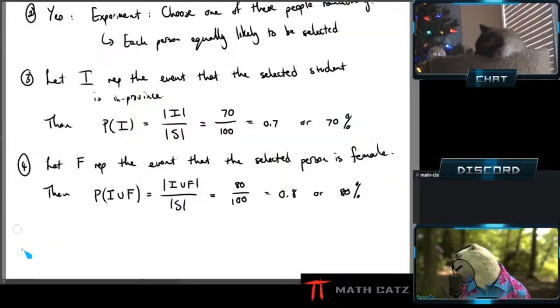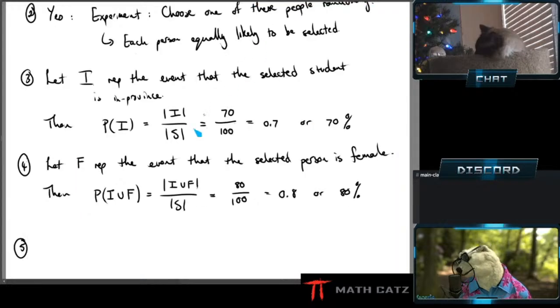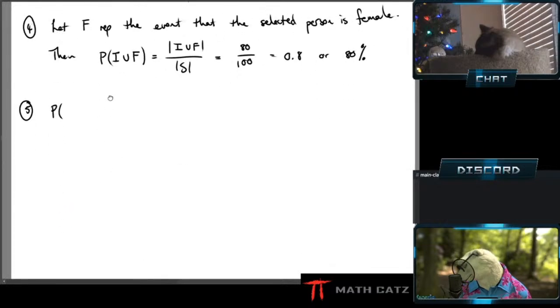Number 5. What is the probability that a student both graduated from in province and is female? So I already have those two. So now we need to find,